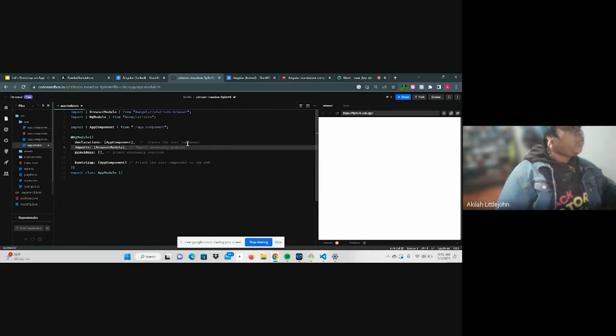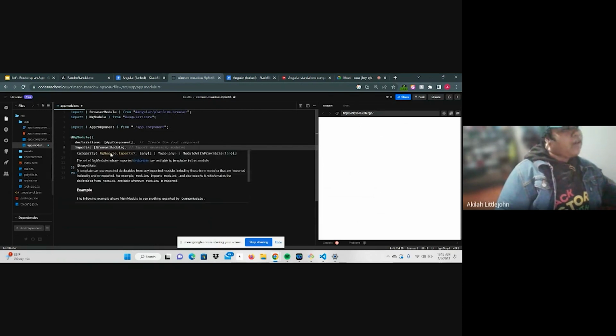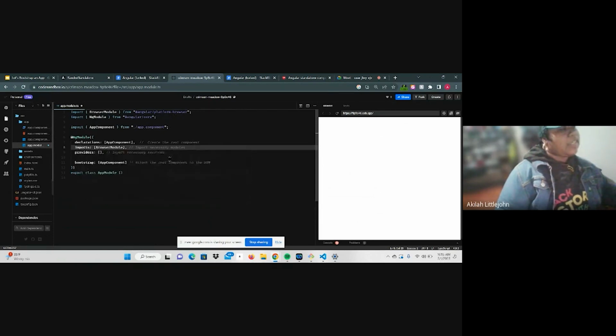You can see it clearly. So it creates the root component in the declarations property here inside the ng module decorator. And then it imports necessary modules inside the imports. Here are the providers array, and it injects the necessary services. And then with the bootstrap property, it attaches the component to the DOM. So you can see, not exactly what happens, but the steps that it takes, what it's kind of doing, why we originally had ng modules. All right, so